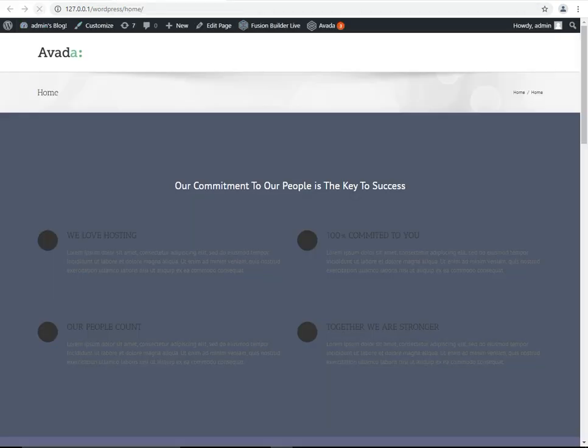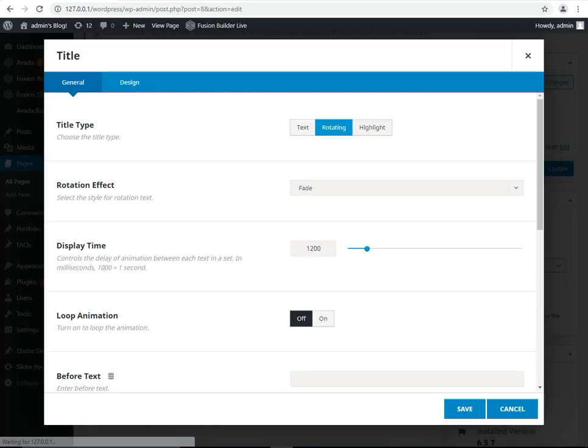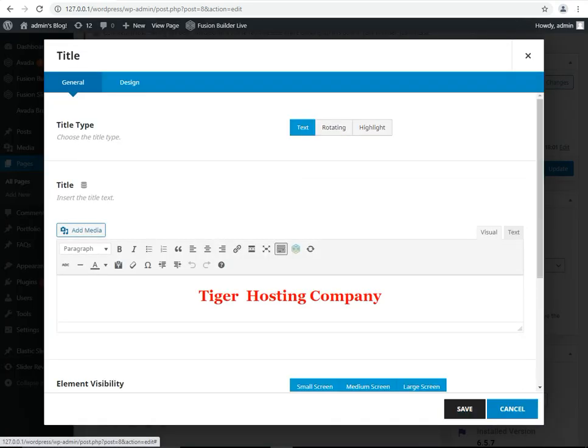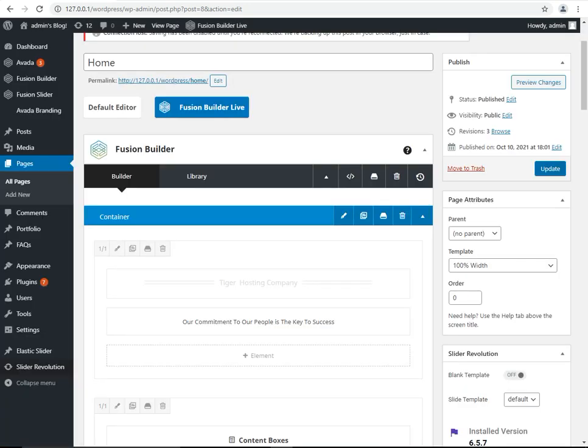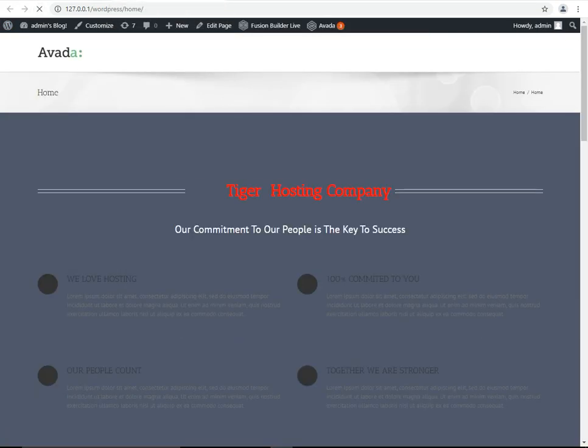Going to refresh the page. Going to settings, just general text. Now the rotation is working at this time. Going to the refresh button. Yes, this is great.